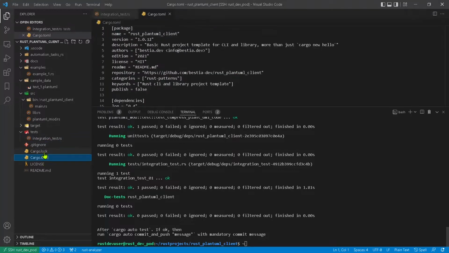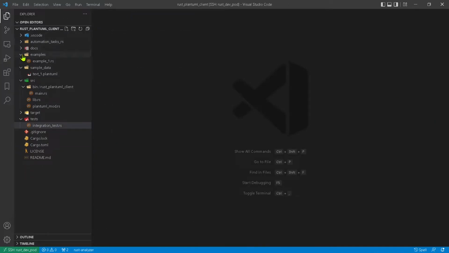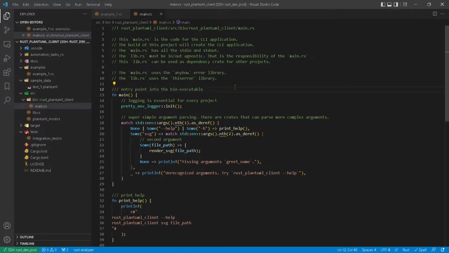Check all files if we forgot something. In cargo TOML we must type the description. This means we need to start the automation tasks so the description can be copied into readme.md.